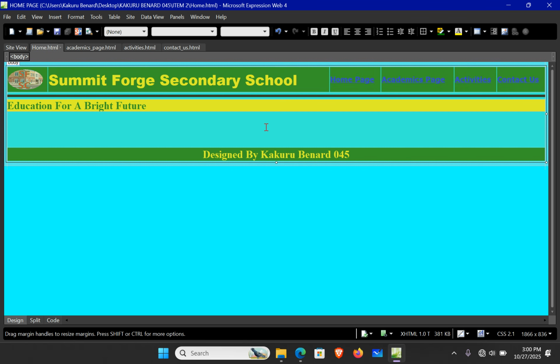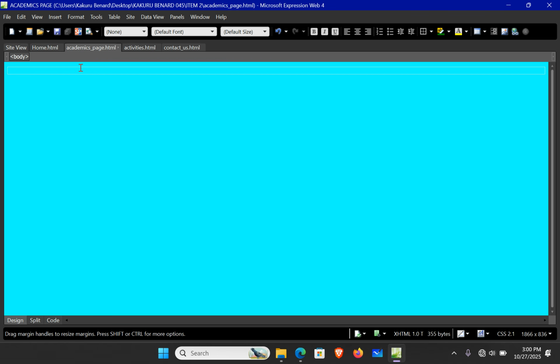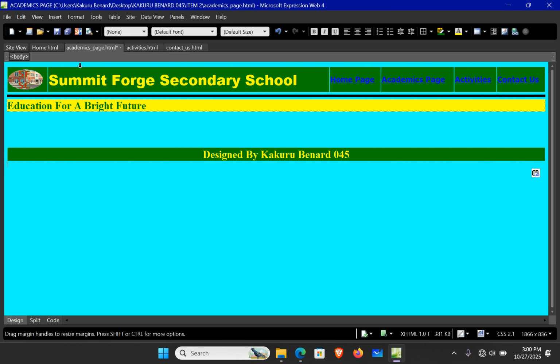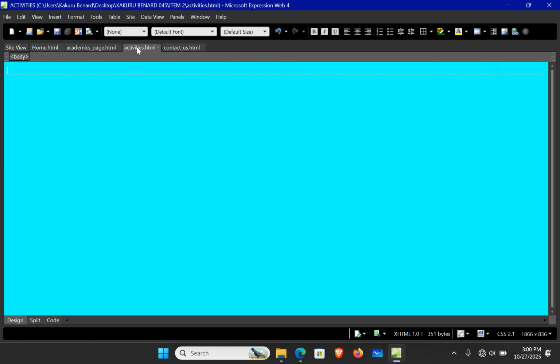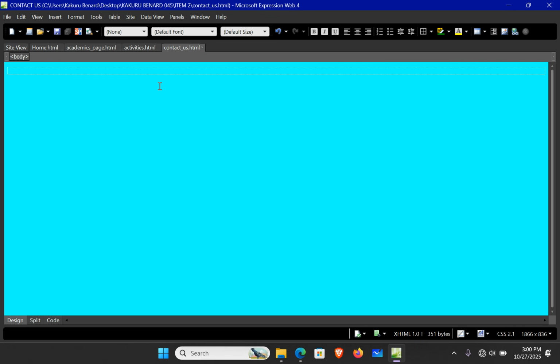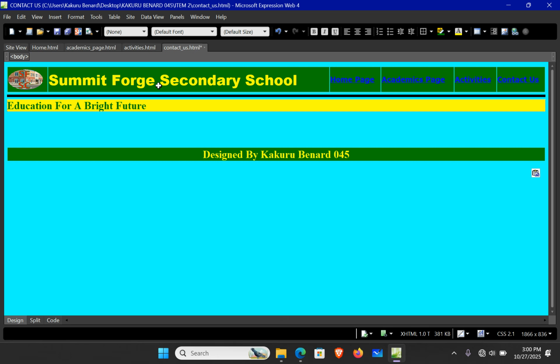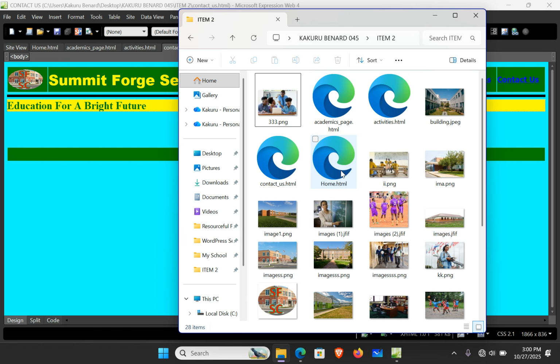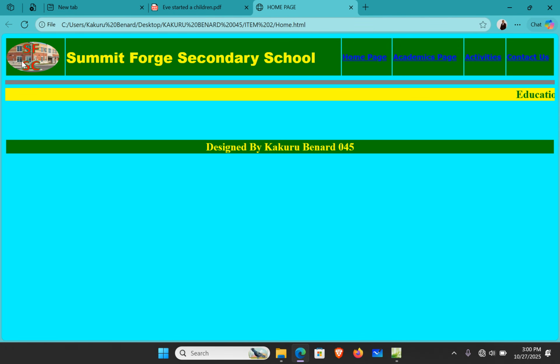Then Control A, highlight all. Control C, copy. We come to academics. Control V, paste. Control S, save. Activities, Control V, Control S. Contact us, Control V, paste. Control S, save. Now, when you check in your folder and you open, for example, home, this is so far